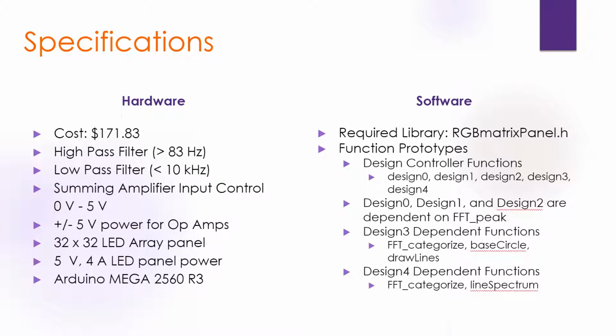The software specifications of the system include the use of the RGB matrix panel.h library, development of design controller functions, desired fast Fourier transform functions specific to design schemes, global arrays for frequencies and amplitudes, and lastly, shape design drawing